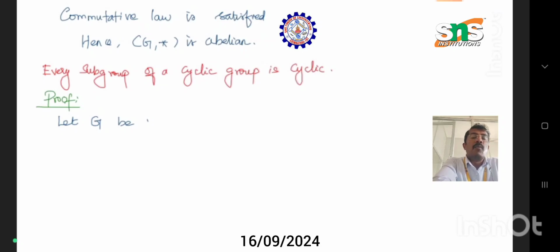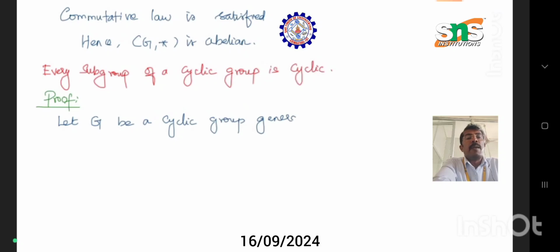Like how we solved that every subgroup in a group satisfies all the conditions of it, then we call it a subgroup. Similarly here also we work for cyclic group and we check how the subset of that cyclic group satisfies all the conditions,